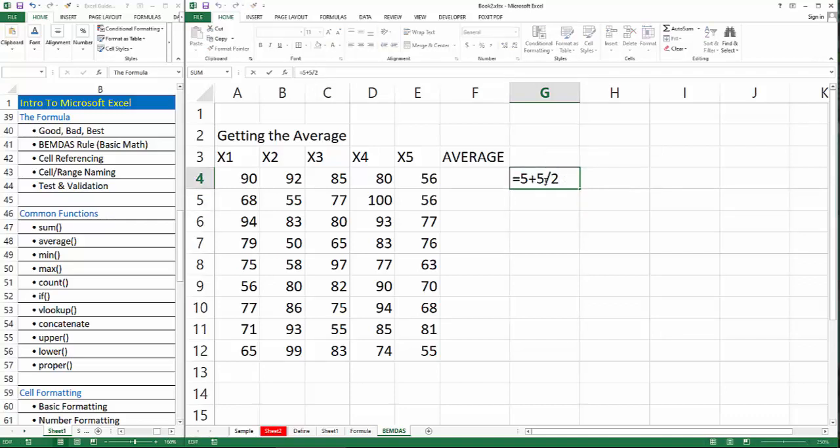So if you want to bypass this rule by performing the addition first before dividing by 2, then you have to bypass the rules by using brackets. So brackets or parentheses. So this way we are telling Microsoft Excel to add 5 and 5, then divide it by 2. This way we'll get the result that we are trying to get. Okay, by the way,